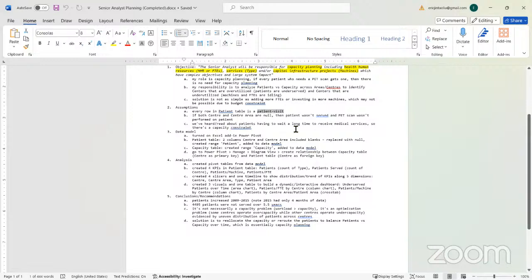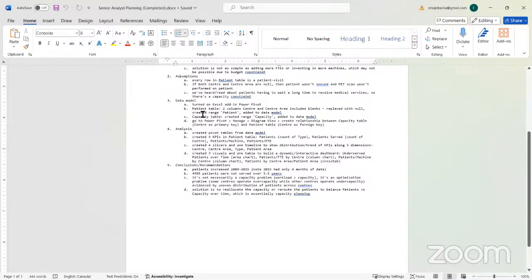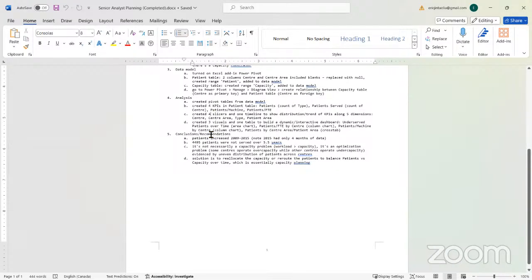We've heard and read about patients having to wait a long time to receive medical service. So there is a capacity constraint. So that's the assumption. Data model: turn on Excel, add in Power Pivot. So we use Power Pivot. Patient care, a patient table with 2 columns, center and center area, and a capacity table, and go to the Power Pivot analysis. Just real quick, create a pivot table from the data model and create 4 KPIs,